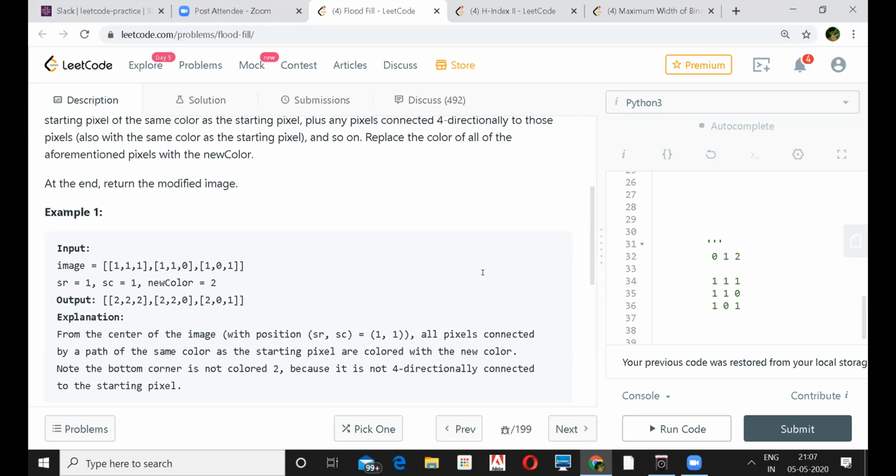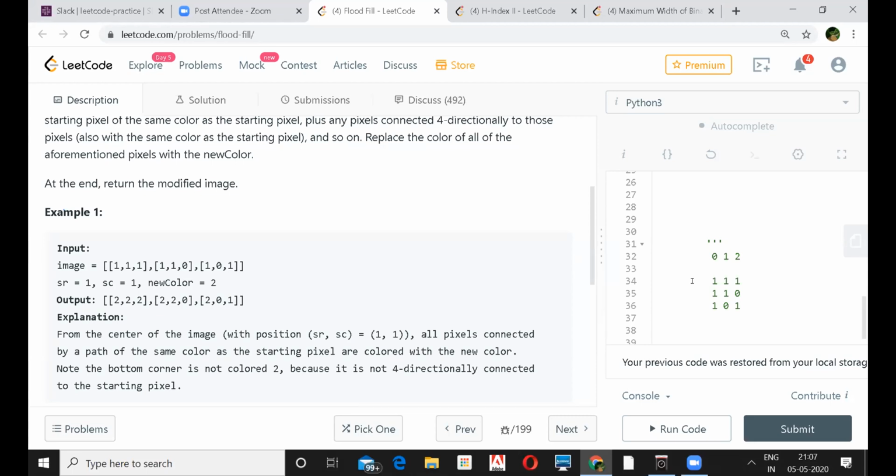So there would be two components here, 1 and 0. All the ones will come together and the zeros together. Whichever are connected, just take that and then change that color. Oh, makes sense.